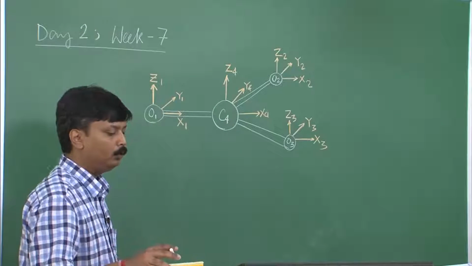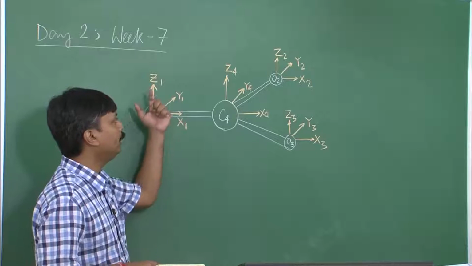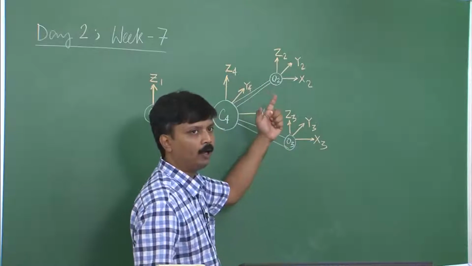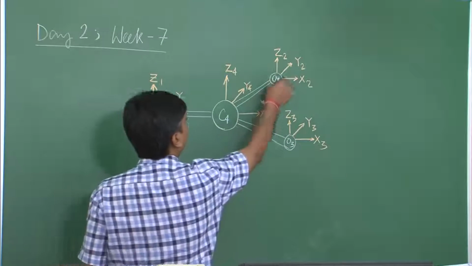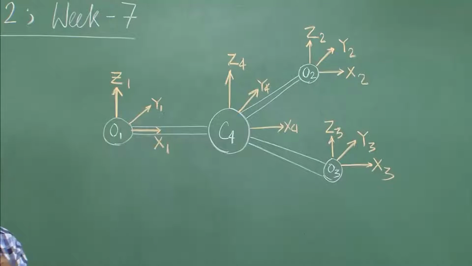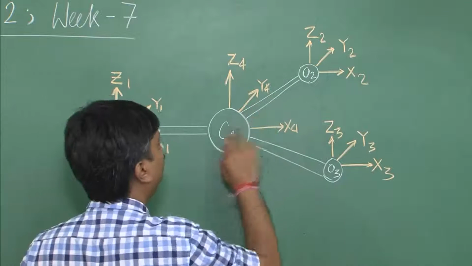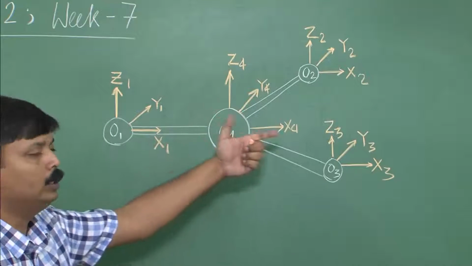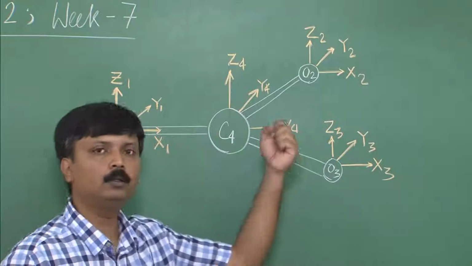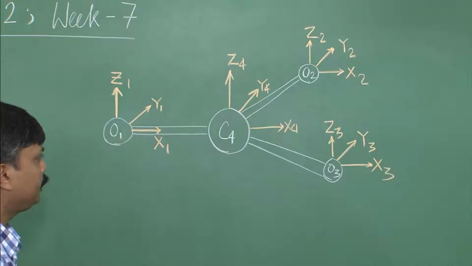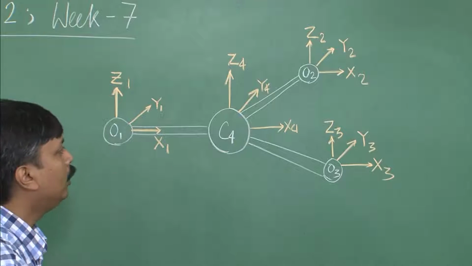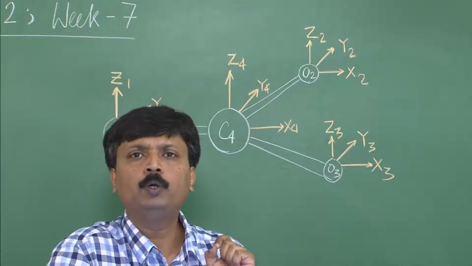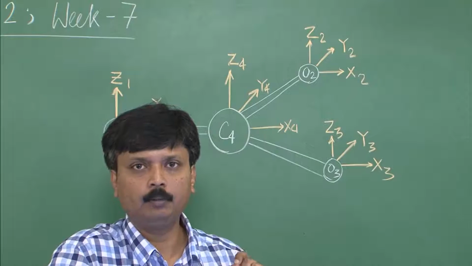To start with, we will take all the x, y and z coordinates sitting on each and every atom. The nuclei are at the origin, and the corresponding x1, y1, z1, or x2, y2, z2, and all these Cartesian coordinates will act as a basis. So we have a total of 12 basis functions in our case. Now we have to form a representation based on this.